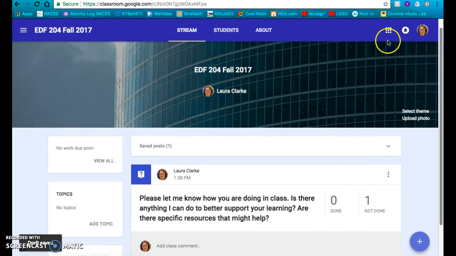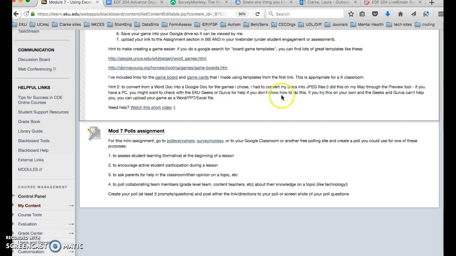All right, so we've got several different ways to create a poll and several different ways we can use it. Best practice after you create your poll would be to go ahead and upload it to your live binder so that you can talk about the ways that you would use that as a teacher in Kentucky or across the